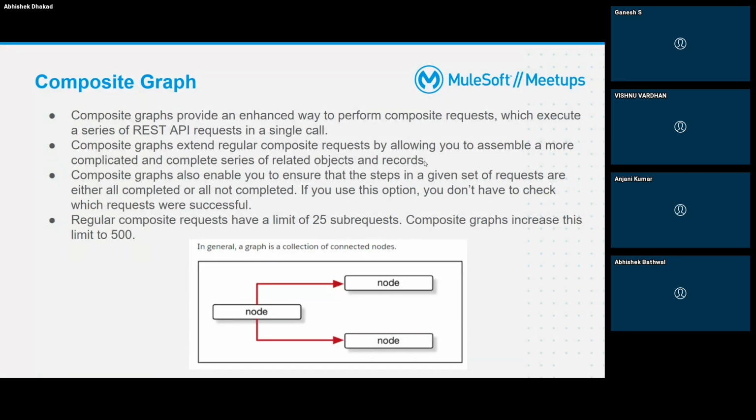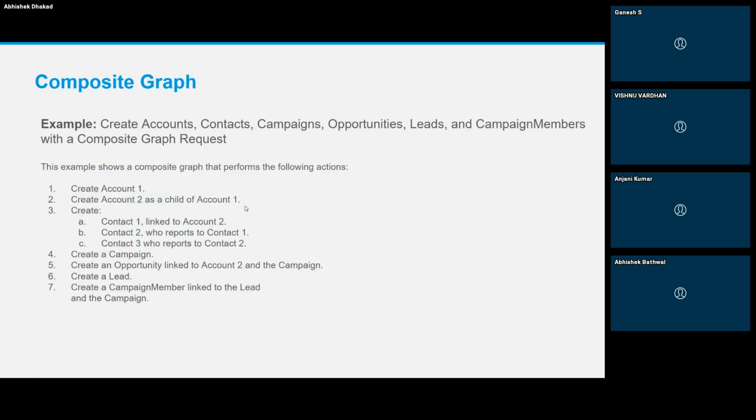I'll cover this again. Composite graph also enables you to ensure that the steps in the given set of requests are either all completed or all not completed. If you use this option, you don't have to check whether the requests were successful or not. So in composite graph,